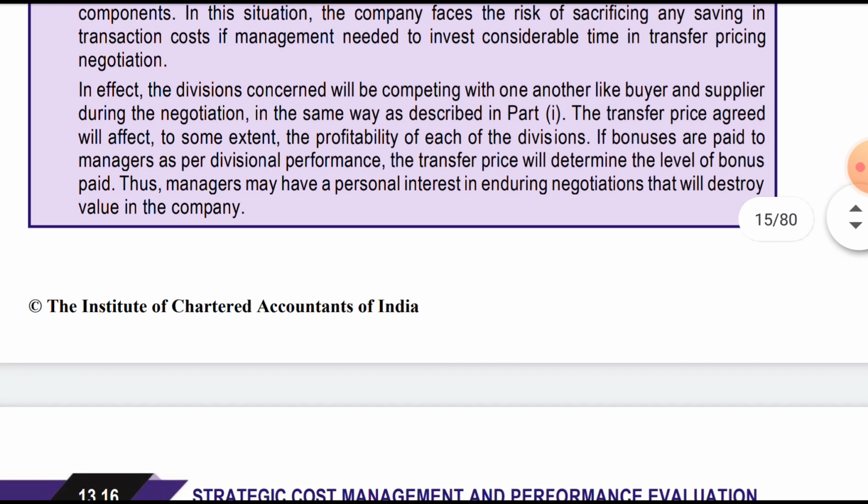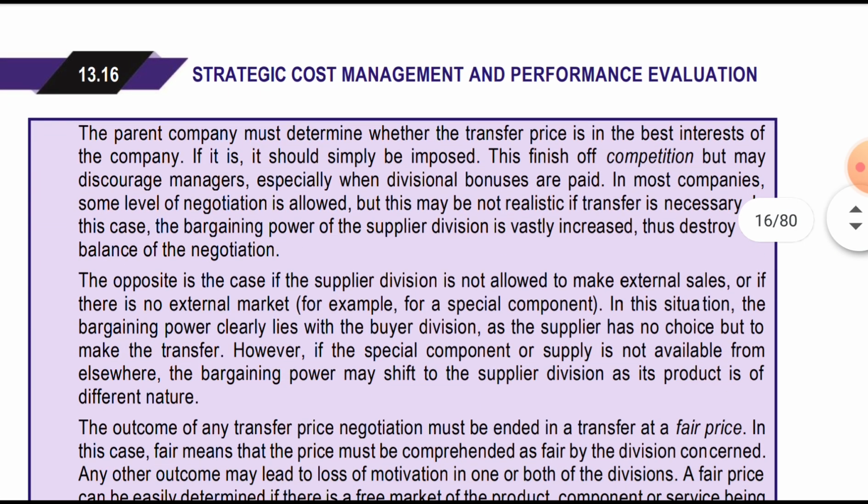So over here each department will try for their own benefit. That is, the selling department will try to sell at a higher price, and the purchasing department will try to purchase at a lower price, so they have to come to a proper negotiation, a proper transfer price on which the transaction will take place. Each party will generally prefer their side to earn the bonus.